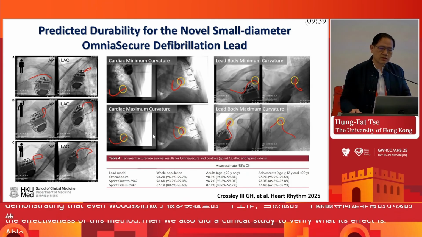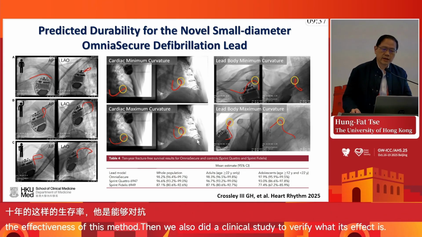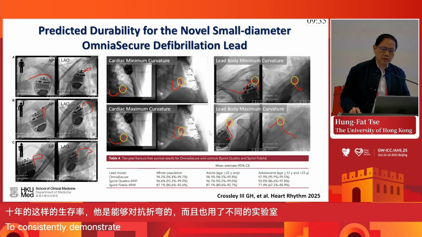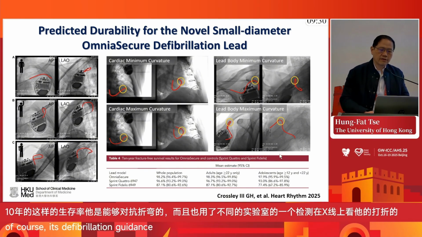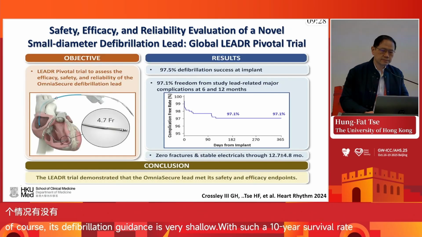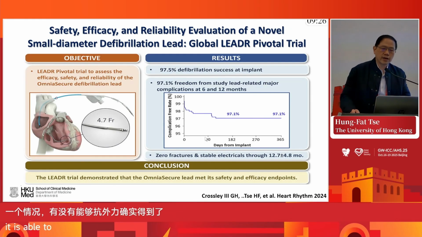So they're also using different bench tests to look at, in X-ray, how we can bend and then look at the potential fracture, and also demonstrate consistent efficacy in this particular lead. So this is the first trial we actually published